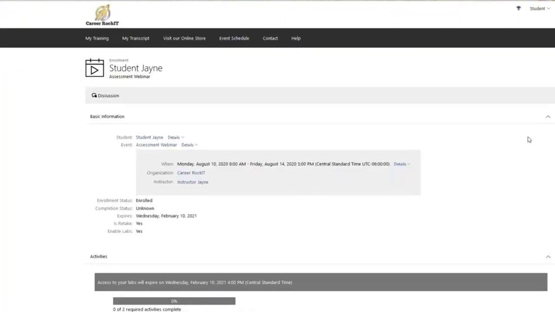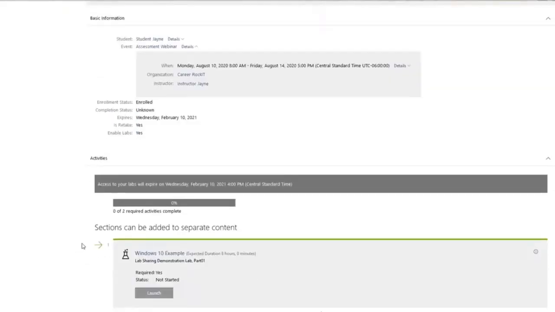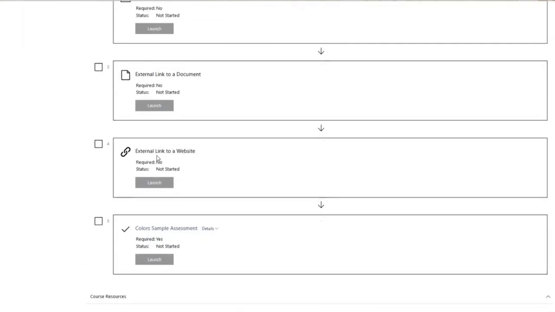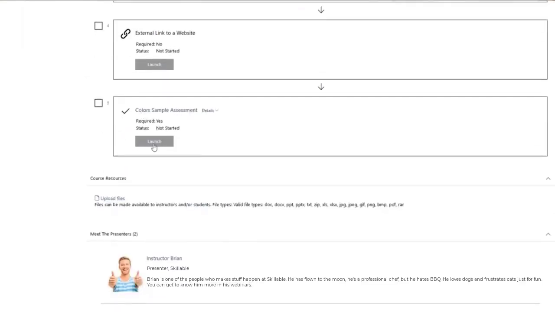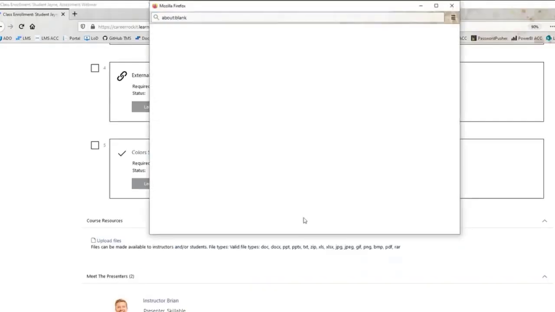So let's go out and see what an assessment looks like. And now we should be looking at my student who is going to come in and take an assessment from their enrollment. So we're going to scroll on down and skip other activities and just jump to the assessment. So I'm going to launch the assessment. You can see here that it's set to be required and the status is it hasn't started yet. And when I take my assessment,